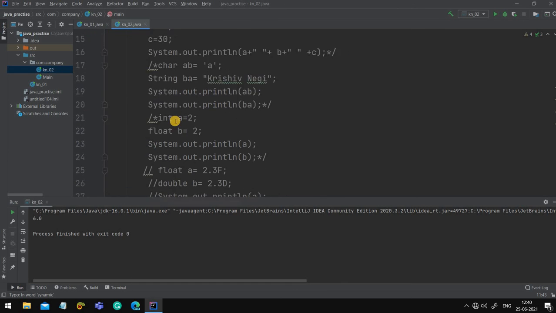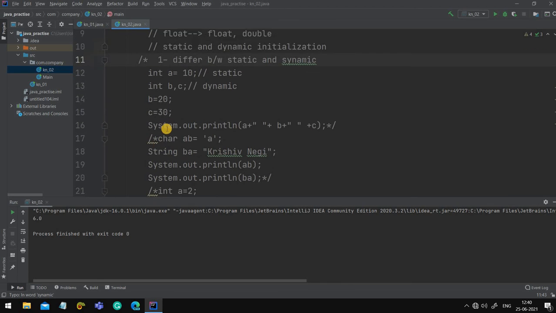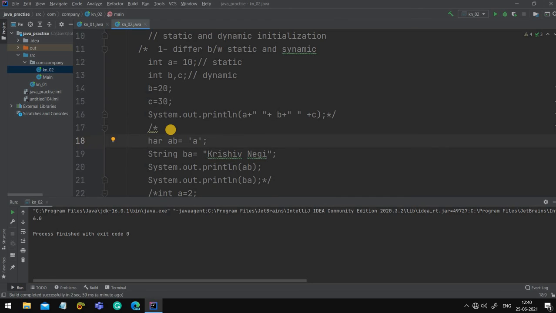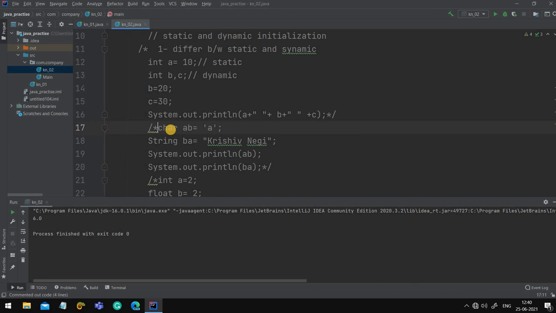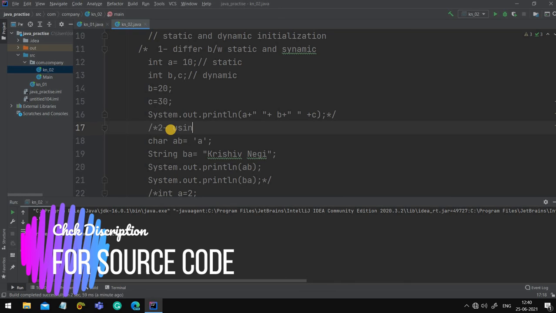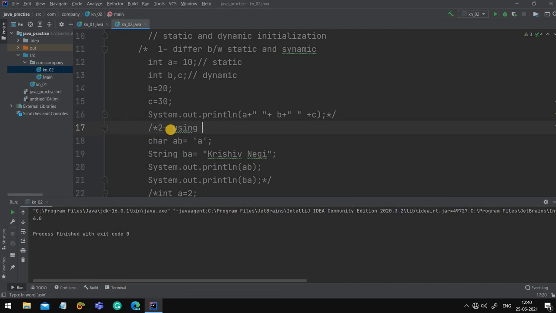Your second program is using char and string.